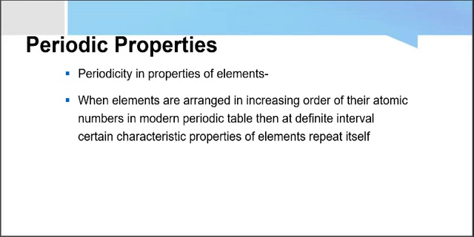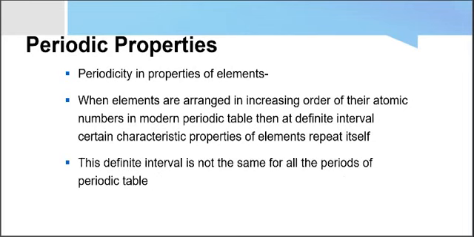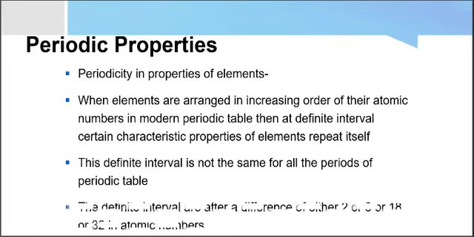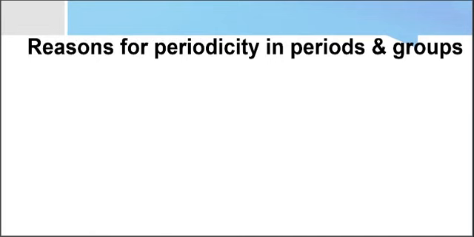So all the physical properties or these chemical properties will be repeated at a definite interval. So these properties, since they are repeated at a definite interval, hence they are known as periodic properties. This definite interval is not fixed. The properties are repeated at this definite interval for various groups, hence they are known as periodic properties. The definite interval is either 2 for first period, 8 for second period, and 18 and 32 for the subsequent periods.